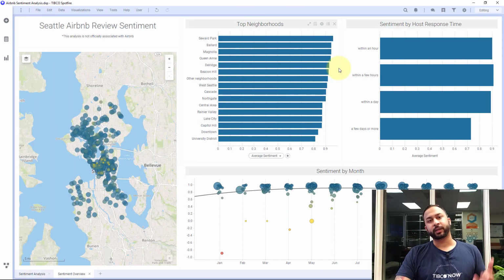Today, I'm going to show you how to do data transformations on load. Let's jump right in. So in the last quick tip video, we were showing this Airbnb sentiment analysis that had